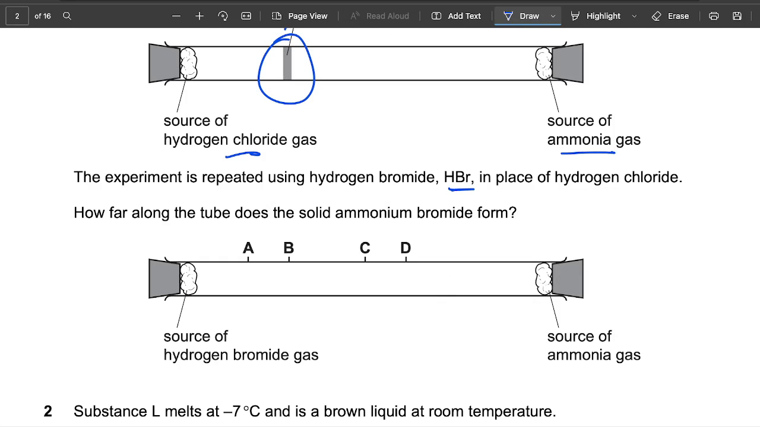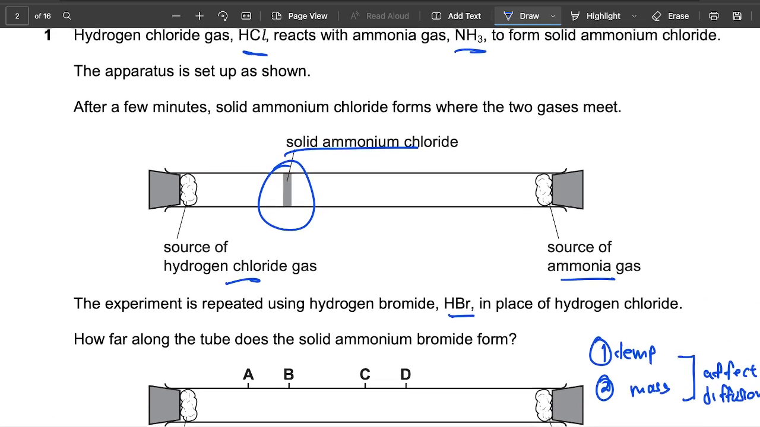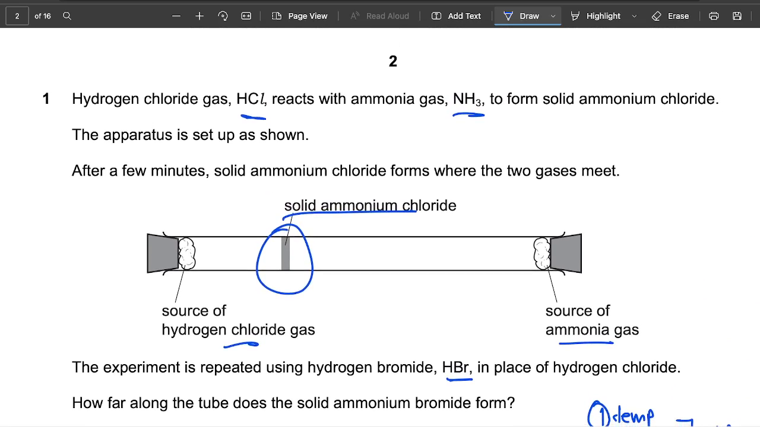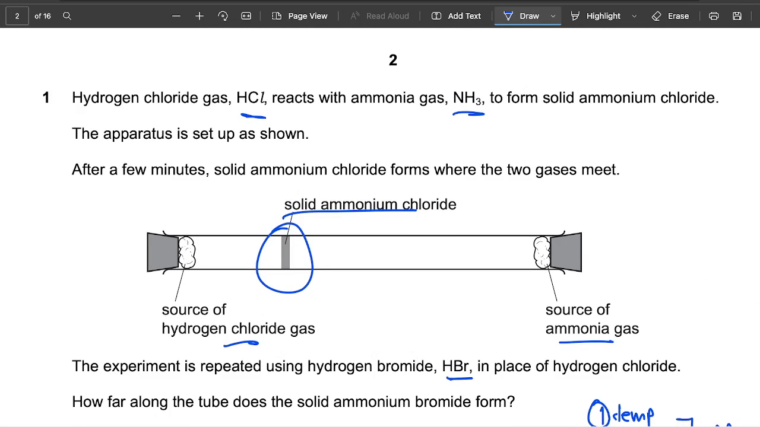Now remember, for any gas in diffusion we have two factors. The first one is temperature, and the second factor is the mass of the gas. These two factors affect diffusion. So in this case, if we are replacing hydrogen chloride, the mass of hydrogen chloride right here would be 1